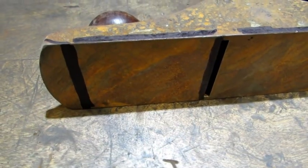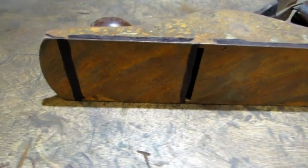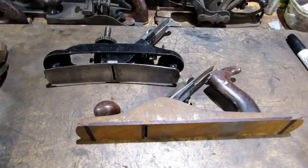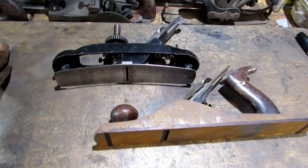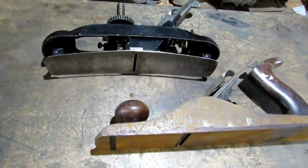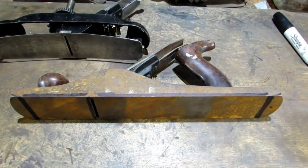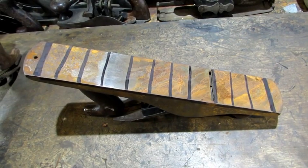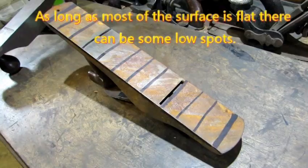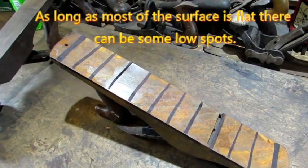The problem, however, is you've got a convex area ahead of the throat, between the throat and the toe, and you've got another convex area between the throat and the heel. So that means unless you're an extremely skilled craftsman, what you're going to have then is a circular plane, because as your plane comes on and off the end of the board that you're lapping, you're not going to be able to keep it level. So in order to successfully joint a long board, you have to have more than 3 contact points. And that's what I mean when I said you don't have to have a perfectly flat sole to the